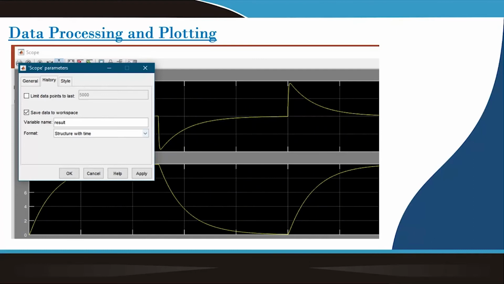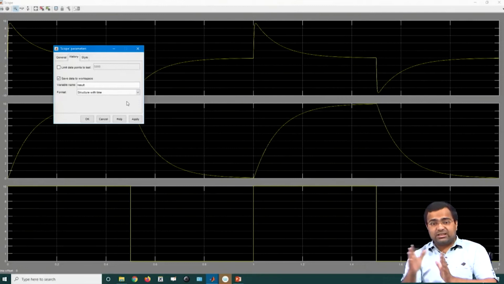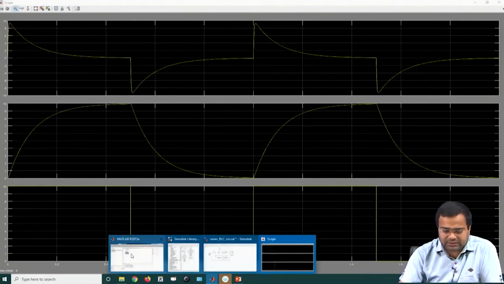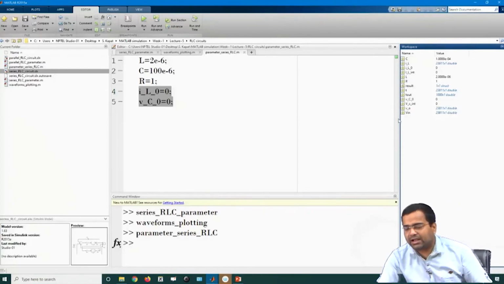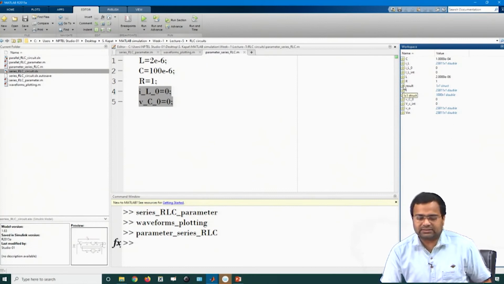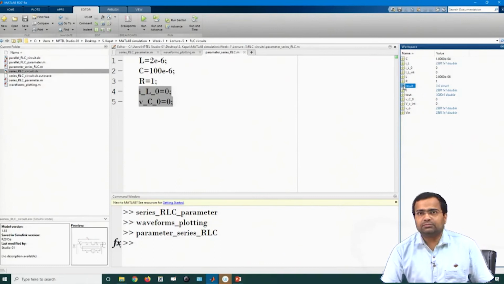And I have also provided a snapshot, that means if you show the scope, whatever I said about how to store the data result, please remember in the scope, if you go to the scope history, it should be structured with time, because I want to plot this signal. Now, I will show you the data that I have plotted is actually stored here. If you go to result, this is where we put the scope data. The result block,